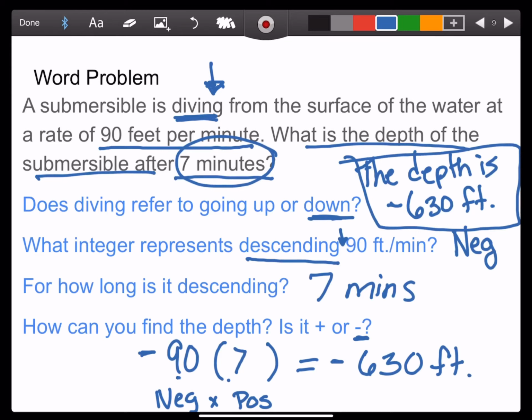And that's it. So when you multiply a positive times a positive, it's a positive. A positive times a negative, that's a negative. And a negative times a negative, that is a